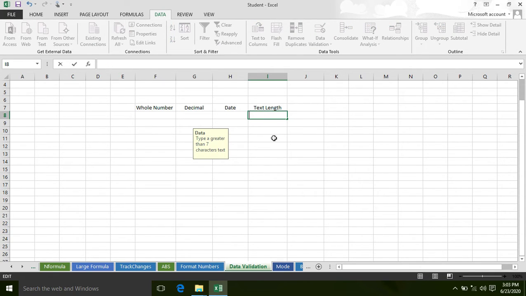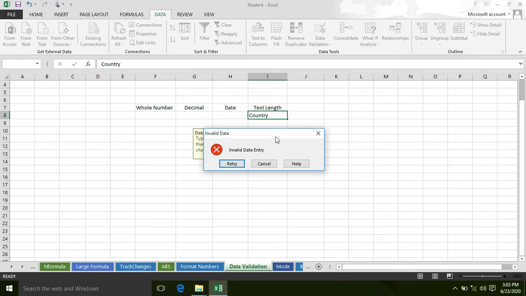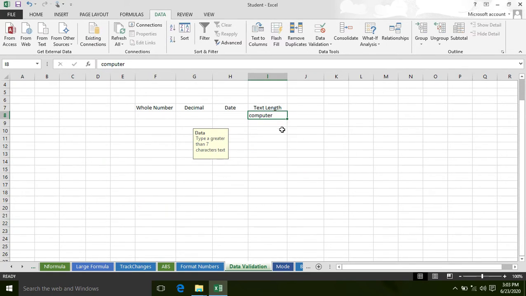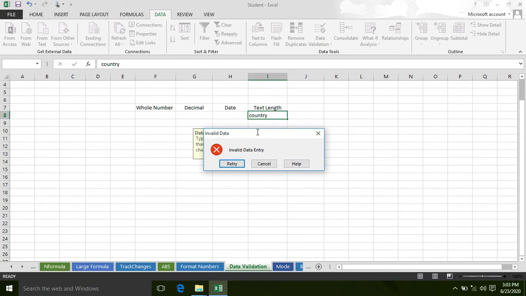If I type country, I will get an error because the country text is 7 characters long. The country text is 7 characters long. I need an 8 characters word.